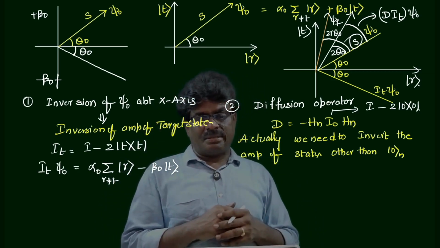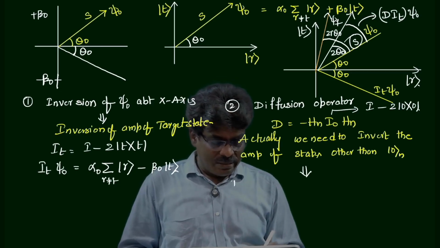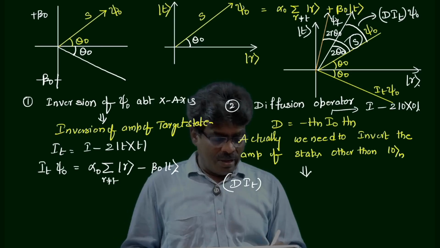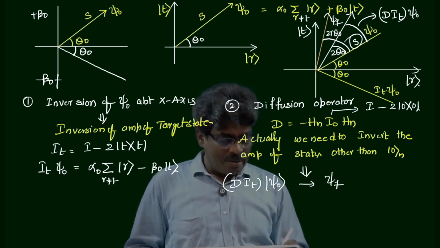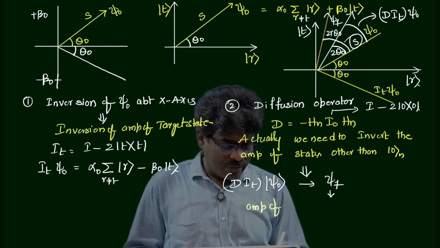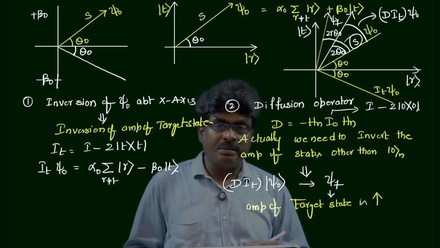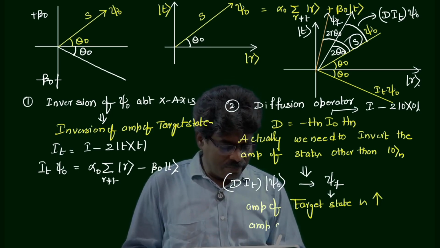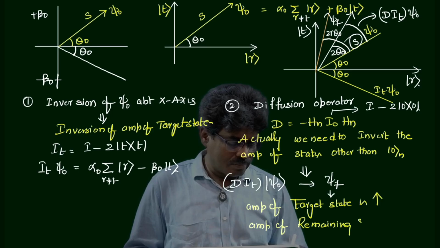That's it. So graphically, we can visualize how the amplitude of the target state is increasing and the amplitude of the remaining states is decreasing. So finally, after this diffusion operator D_it operates on psi naught, we are getting a final state, but in this final state, the amplitude of the target state keeps on increasing, whereas the amplitude of the remaining states